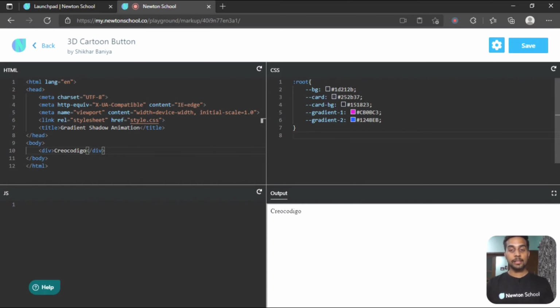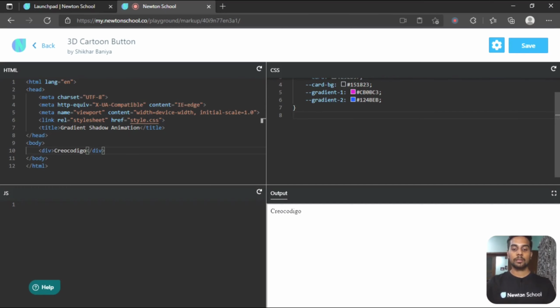So coming towards CSS, this is the root pseudo element root under which you can declare your variables and use it in your CSS document. So I have created a background card variable: the color of the card we are going to create, the card's background, and two gradient colors.